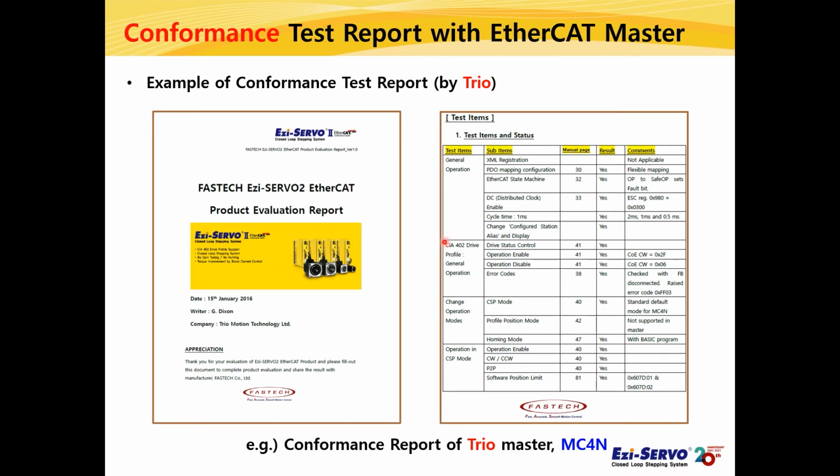For example, if you look at this part, you can check the test items for drive status control, operation enable, operation disable and error codes of CIA402 drive profile. Tests were conducted for each evaluation item, and this is the result. Therefore, if this conformance test report is delivered to customers using the Trio Master, they can use FASTECH EtherCAT products